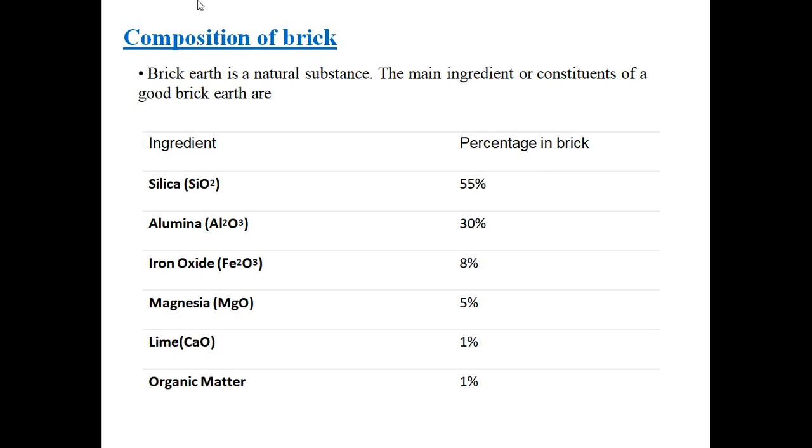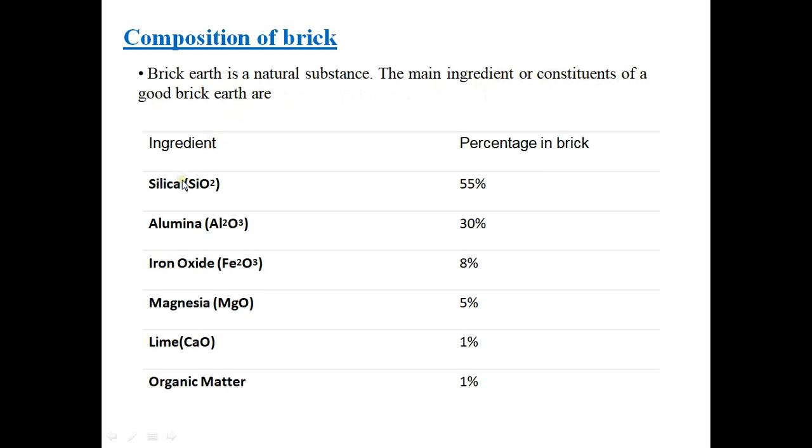Here, brick earth is a natural substance. Remember, we are discussing clay brick. It is a natural substance, so we are producing clay brick from a natural substance. That earth is the material required. Preparation of brick earth uses a natural substance. The main ingredients or constituents of good brick earth are: